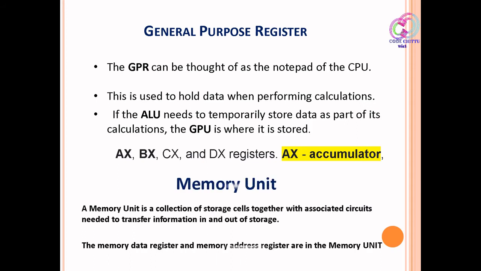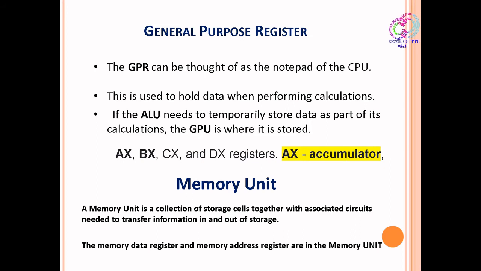And next one is the memory unit. We have already seen three units: the control unit, the memory unit, and the arithmetic logic unit. We already discussed the control unit and the arithmetic logic unit. Now the memory unit: whatever we see, whatever we do, our brain stores in our memory. Like that, the CPU also has separate memory. RAM is also a primary memory, but while processing, how does it temporarily store and remember each piece of data?